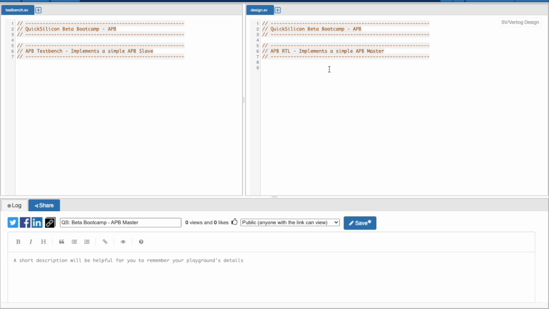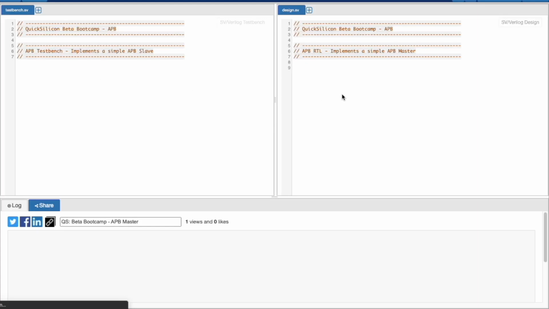And as we discussed, we'll be implementing an adder using an APB protocol. So let's first define the module with all the interface signals. Let's call it APB adder add master.